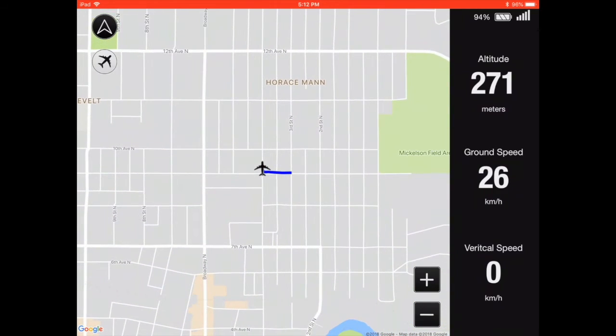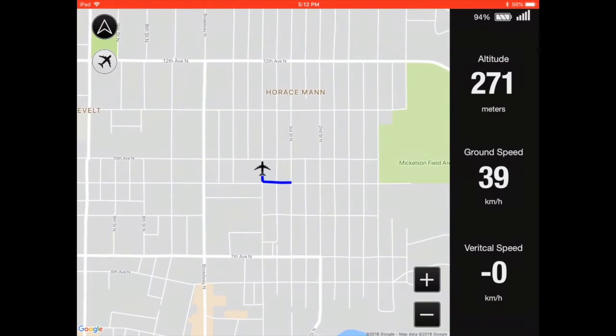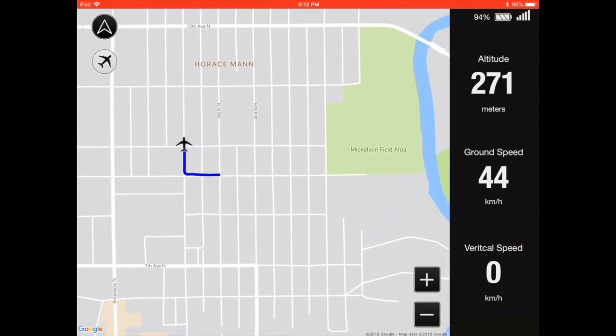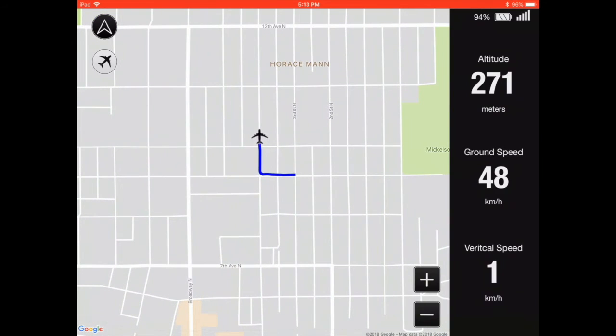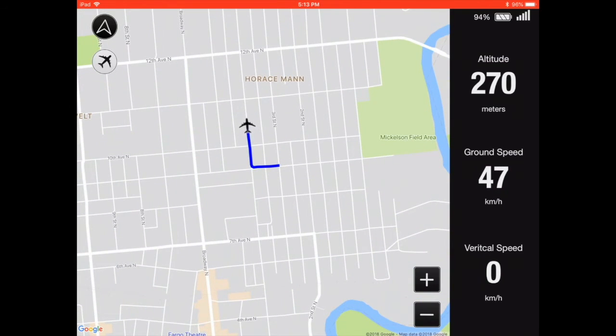Aside from the Maps UI, there are the 3 basic map gestures: zoom, pan, and rotate. Notice that when the user performs any of these gestures, the map stops following the plane. The quick fix to this is as simple as pressing the compass button to orientate the plane to the center